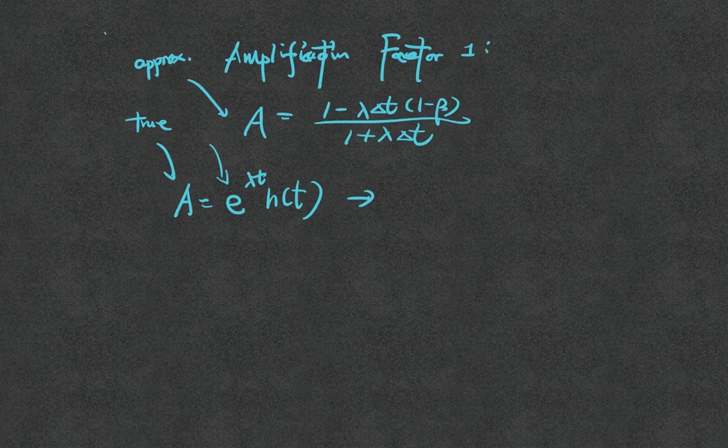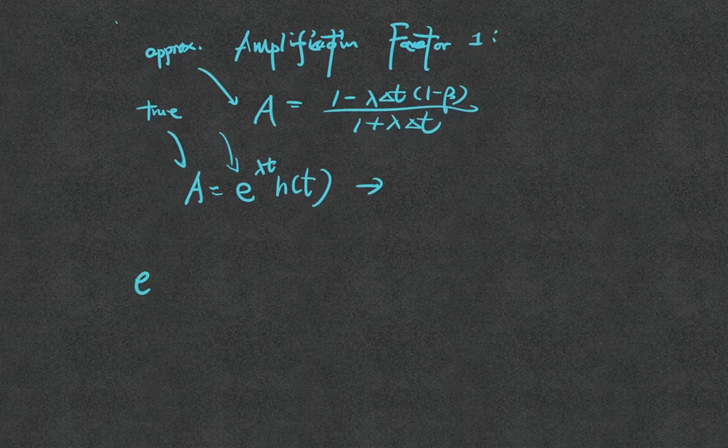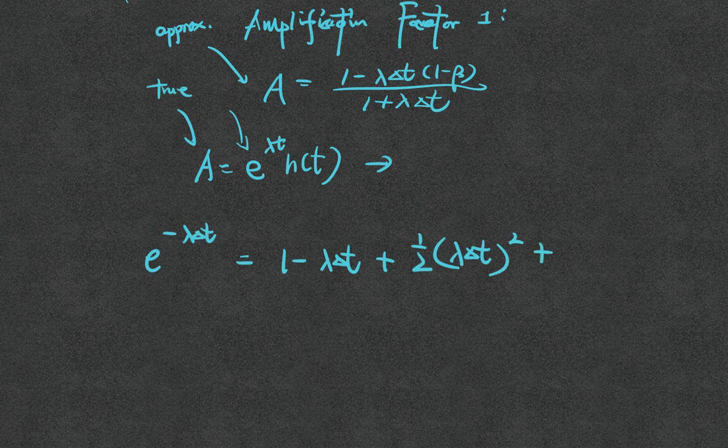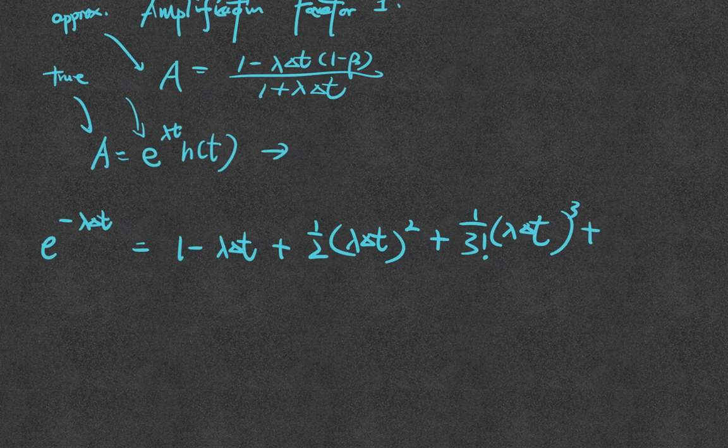What would that look like? We know that e to the minus lambda delta t is equal to 1 minus lambda delta t plus 1/2 lambda delta t squared plus 1 divided by 3 factorial lambda delta t cubed plus